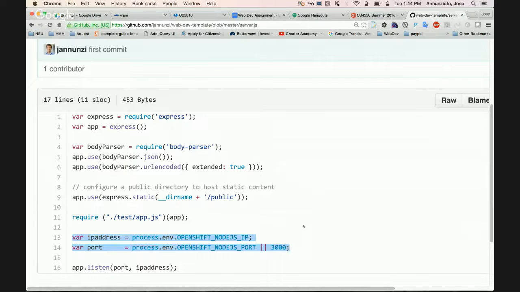Yes. So how does the OpenShift Node.js IP exist? Is that there once we install Node.js? Yeah. So when you request a machine to install it remotely, it has all sorts of environment variables already set up on that machine. Okay.